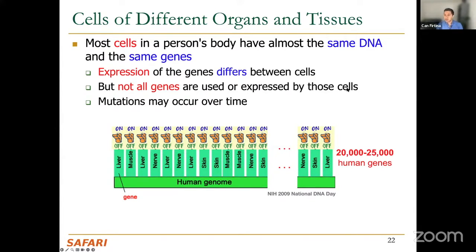So this is essentially how each cell can differ from each other. Right? And also over time, mutations can occur. We call them somatic mutations, the ones that are occurring over time. So this may also affect the functionality of the gene. Right? So, for example, if a particular mutation occurs on a particular location in your gene, then maybe this can switch off that gene, disabling perhaps even synthesis of a particular protein,